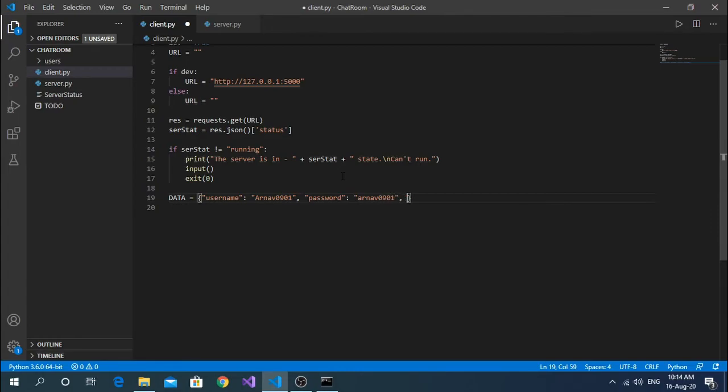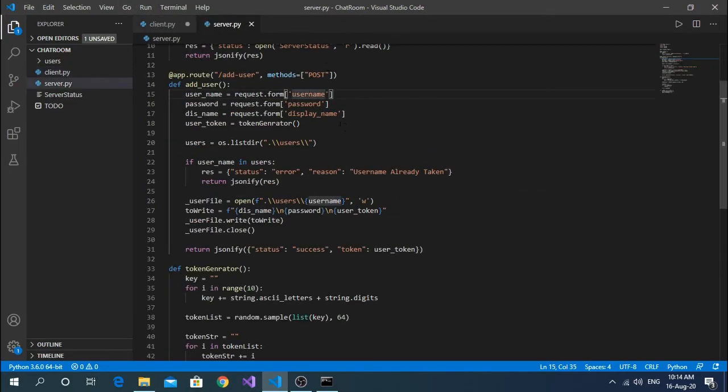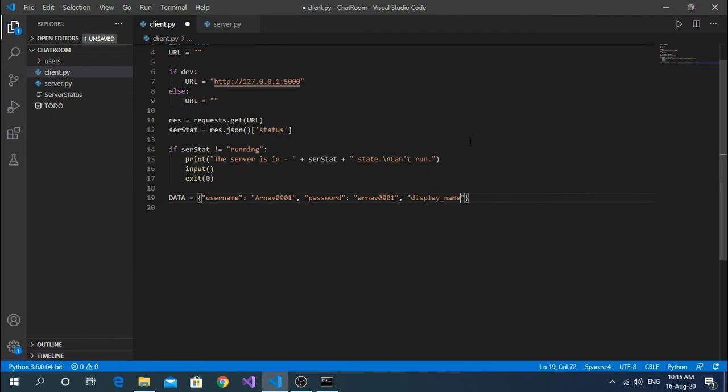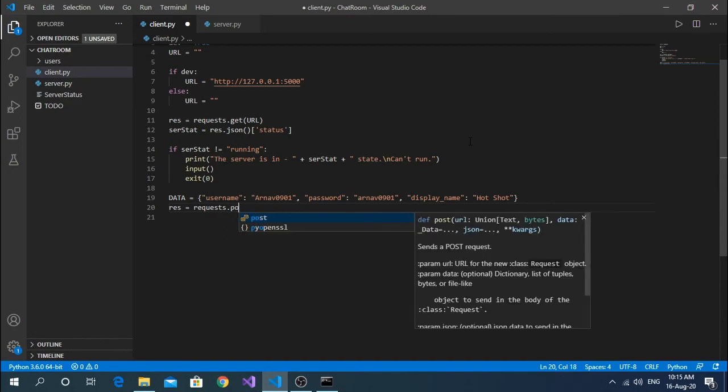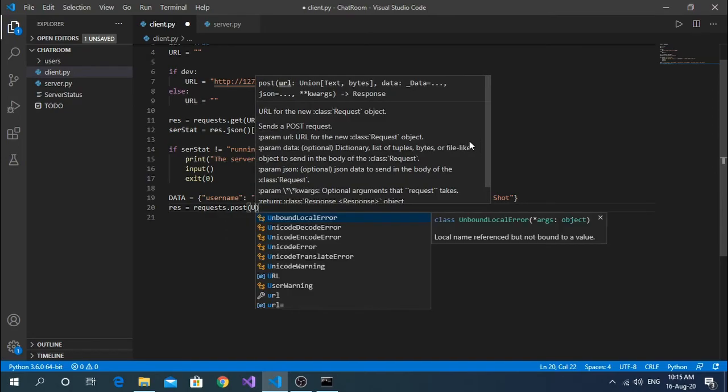Yes, that's a very stupid password, but yeah. Then we have display name. Let's copy display name. Display name is hot short. And response equals requests.post this time,